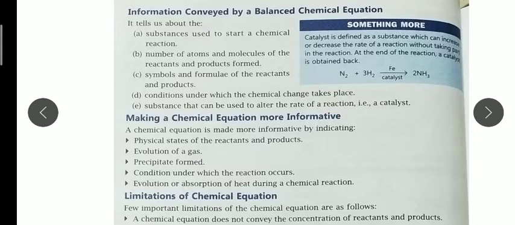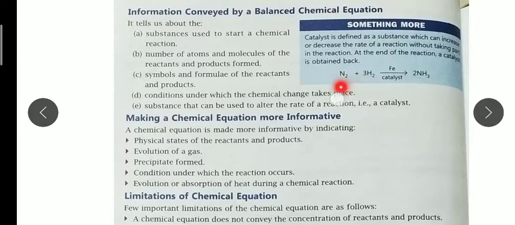In class 7 I told you that there are four main types of reactions: combination reaction, decomposition reaction, displacement, and double displacement, and two more: exothermic and endothermic. Some reactions even need a catalyst. So all these are the conditions: whether heat is evolving, whether heat is absorbing, whether it is combination or decomposition. This example, which you can see on the screen, is a combination reaction example.